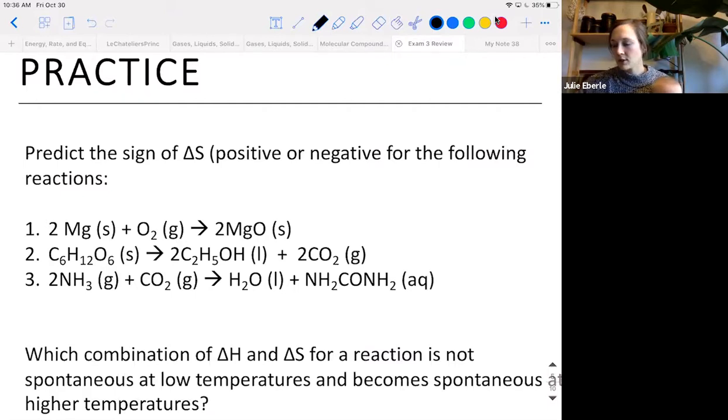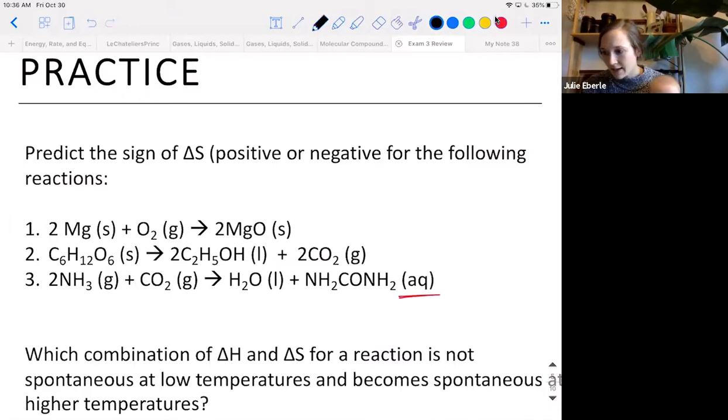Now, on number 3, we actually really haven't had one with something that's aqueous. You're going to really treat that like it's liquid, right? Things that are aqueous are dissolved in a solution, so it's pretty comparable to something that's liquid. So Jenna put her answers on. She said she got